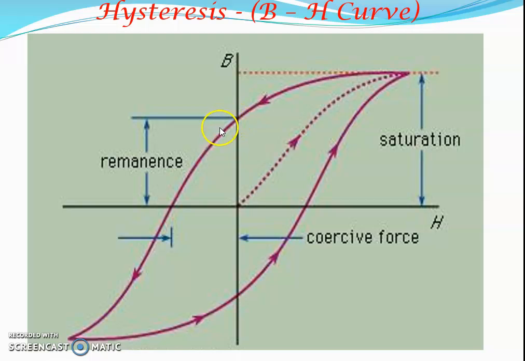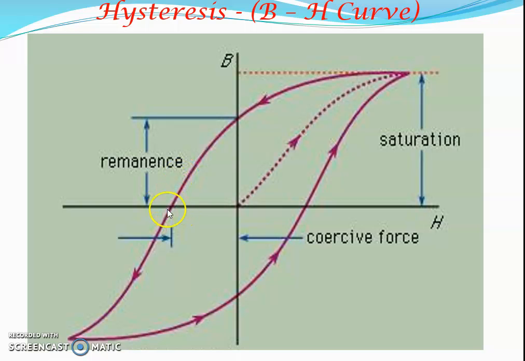In order to bring this residual magnetic induction to zero, we apply a field in the reverse direction. When a magnetic field is applied in the reverse direction, at this point, the magnetic induction, that is the residual magnetic induction, comes to zero. So this portion is what is called coercivity or coercive force. It is the amount of magnetic field applied in the reverse direction in order to bring this residual